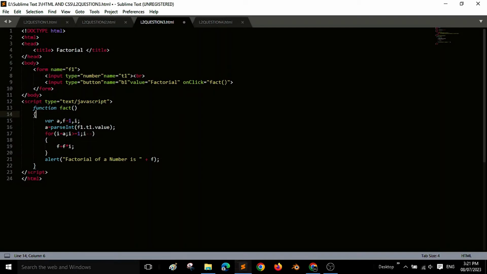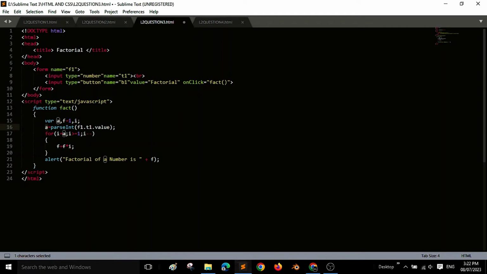The retrieved value is converted into an integer by using parseInt, whose work is converting a value into an integer. Then that integer is stored in variable a.